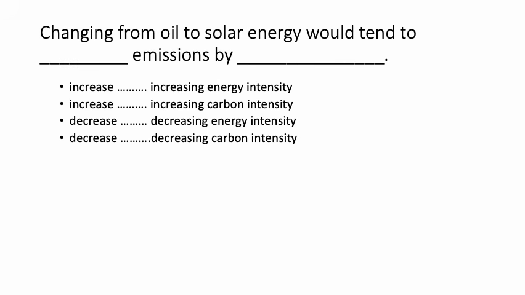Changing from oil to solar energy would tend to what? Well, we know it would decrease emissions, right? If you're changing from oil to renewable solar. But in what way would that change? Would it decrease the energy intensity or would it decrease the carbon intensity? And in fact, the right answer is that it would decrease the carbon intensity because solar energy does not produce CO2. So the right answer is changing from oil to solar energy would tend to decrease emissions by decreasing carbon